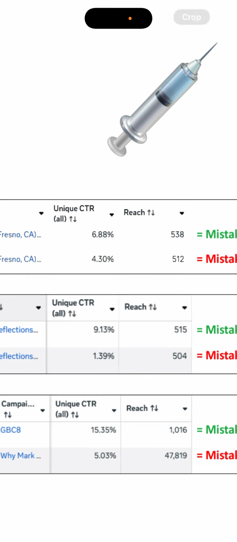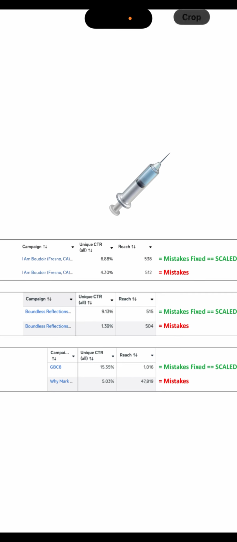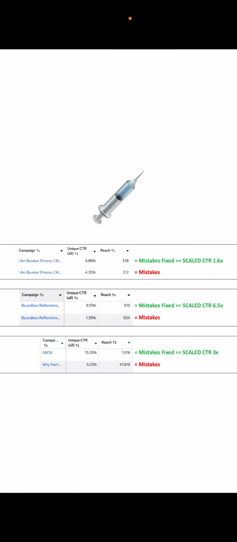So first ad had some mistakes, only 4.3 out of 100 brains our ad was entering into. I fixed those mistakes, got it into 6.88 out of 100. So, from basically 4 to 7. So scaled CTR 1.6x, so again, 60% more brain entries for the same ad spend. Second ad there,